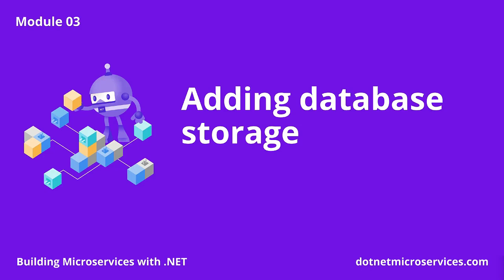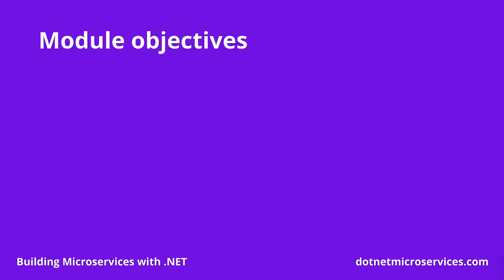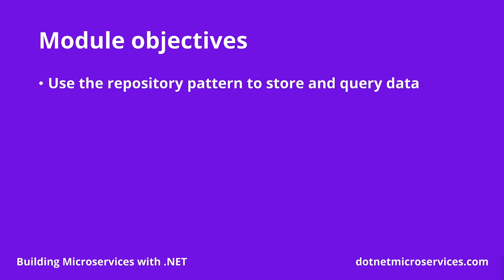In this module, we will update our catalog microservice to be able to store and query for items that live outside of the service and into a proper database. By the end of this module, you will have a solid understanding of the following: what is and how to use a repository pattern to store and query data,